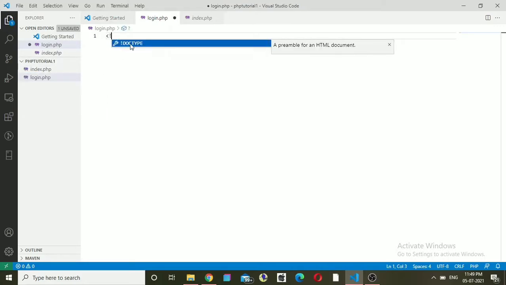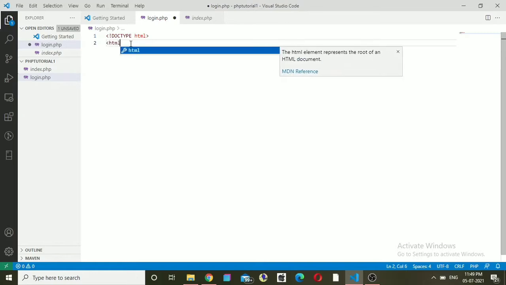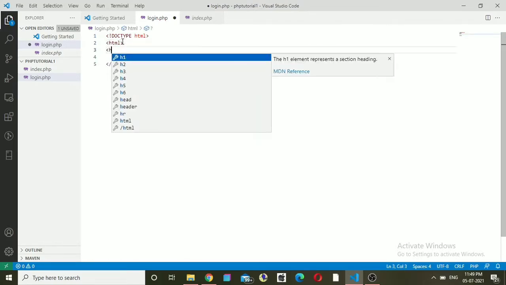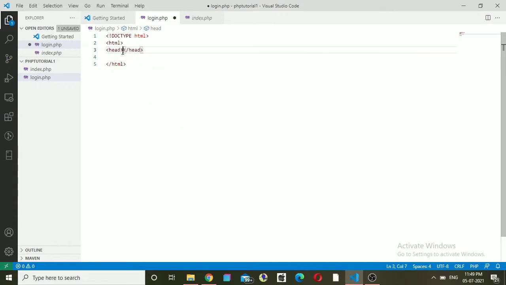Here I will write the HTML code for my login form. I am not going deep into the HTML tags and all. If you want me to make video on HTML, then comment below.